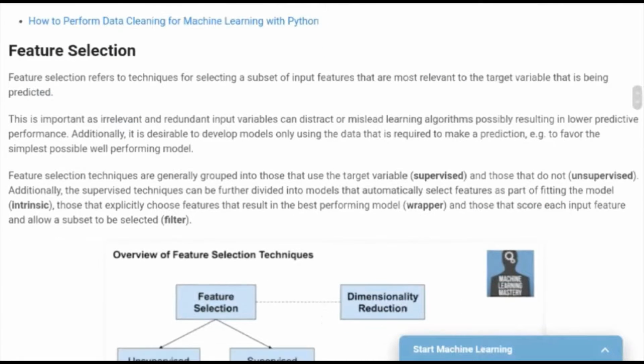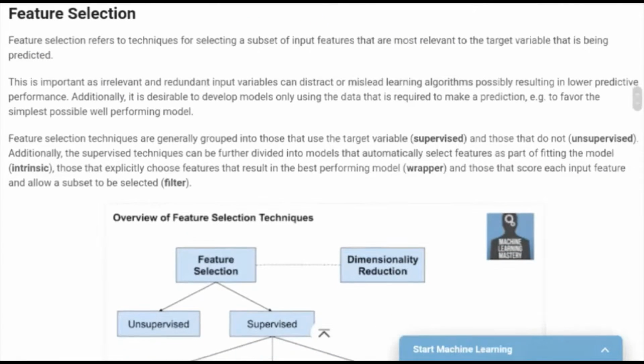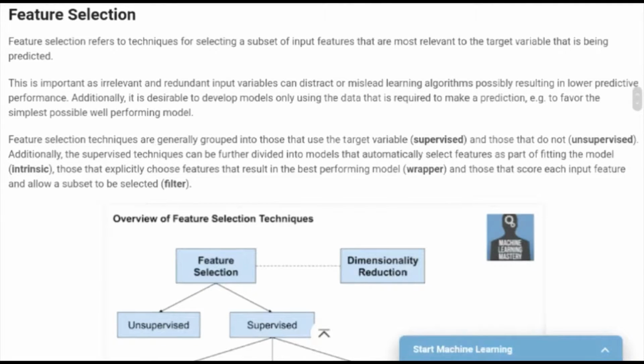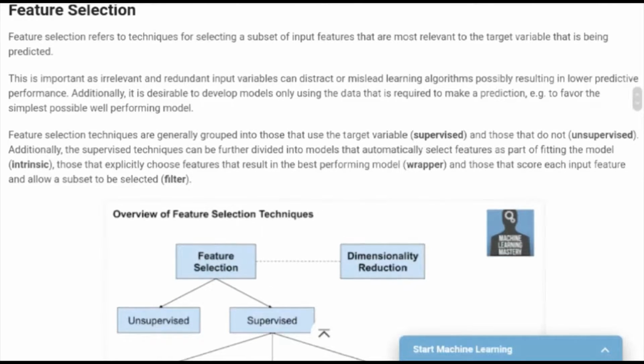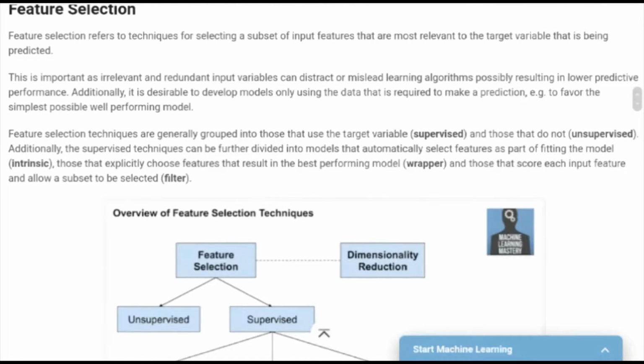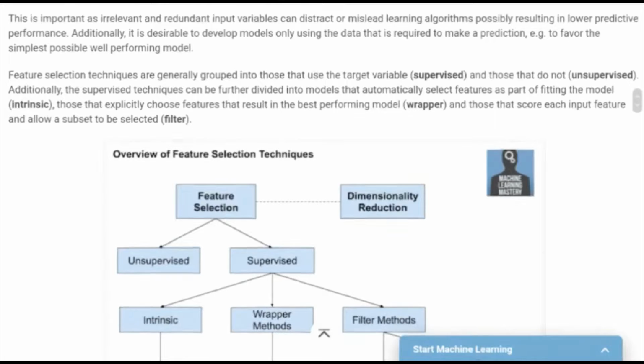The next part that we will discuss today is the feature selection. Feature selection basically refers to the techniques for selecting a subset of input features that are most relevant to the target variable that is being predicted. So in this, we will select certain features from our data and we will apply the features into the models.